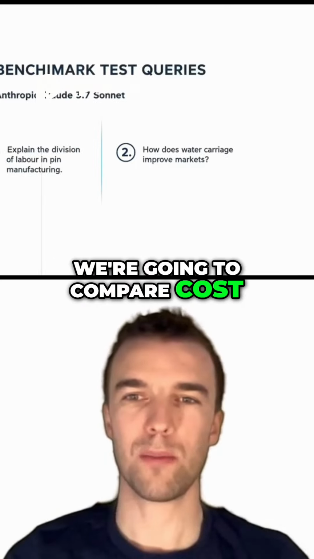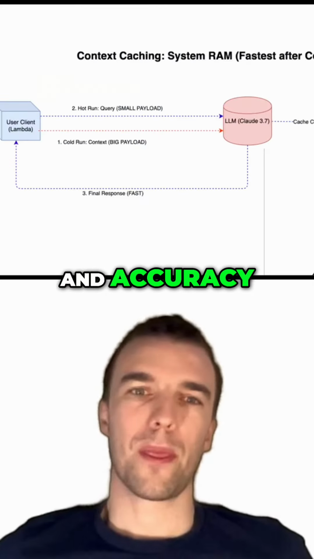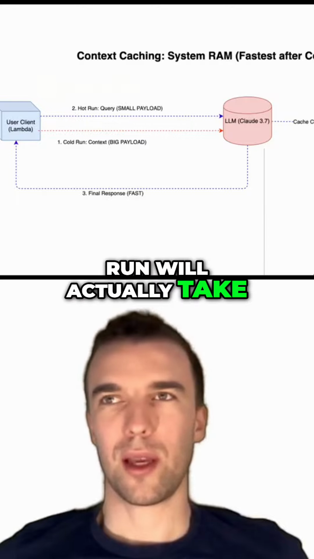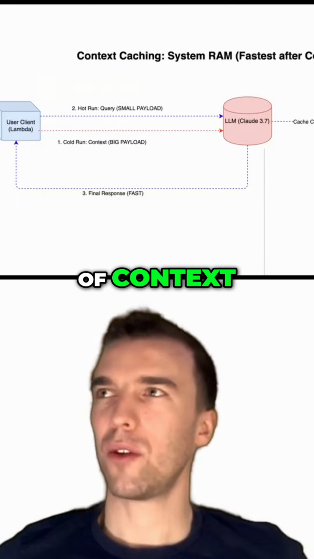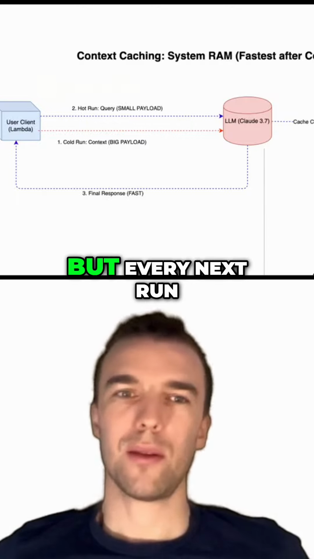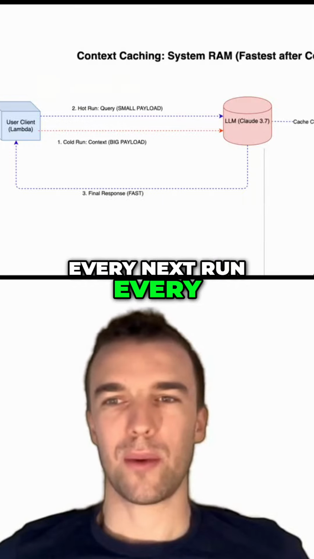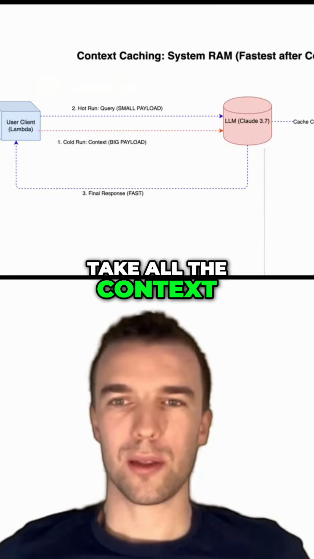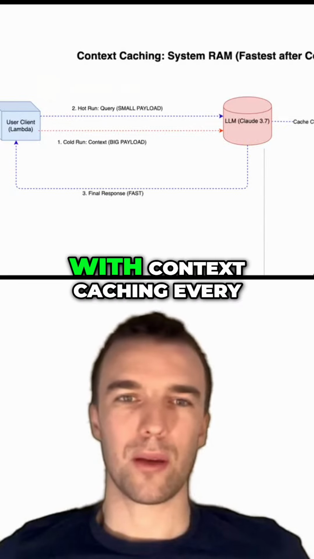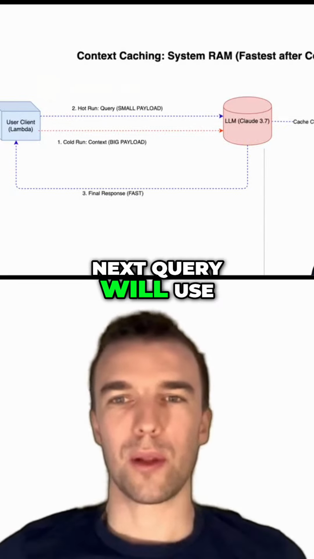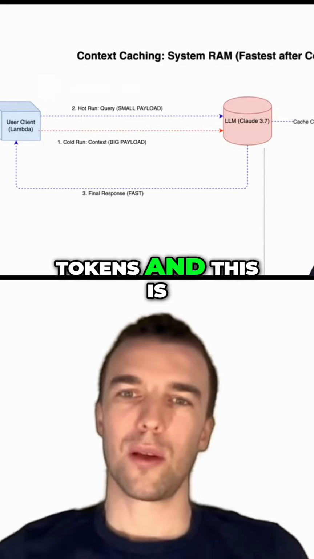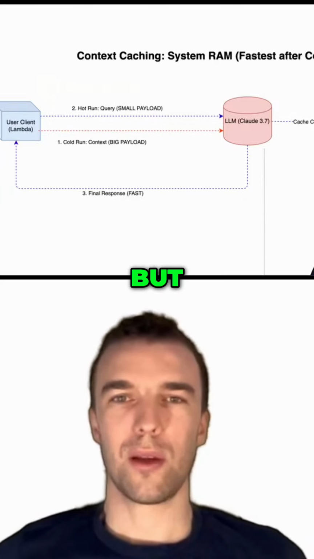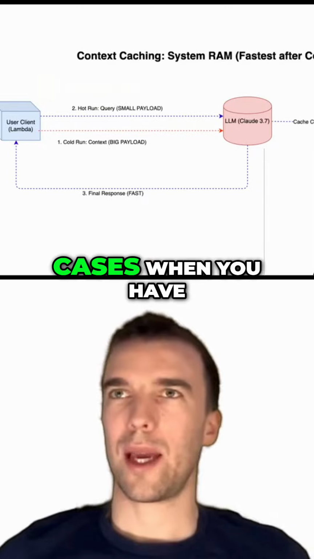You're going to compare cost, performance, and accuracy. When you store your context in memory, the first run will actually take a big chunk of context. But every next query will not take all the context. Like you can see, when you query with context caching, every next query will use a smaller amount of tokens. And this is where context caching beats RAG on smaller documents, but in cases when you have a lot of